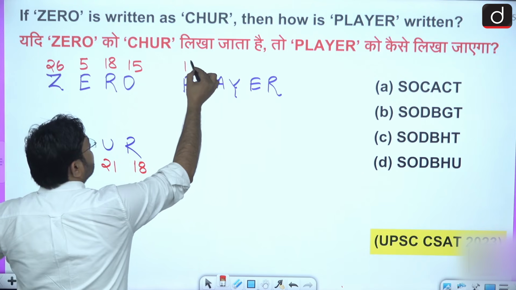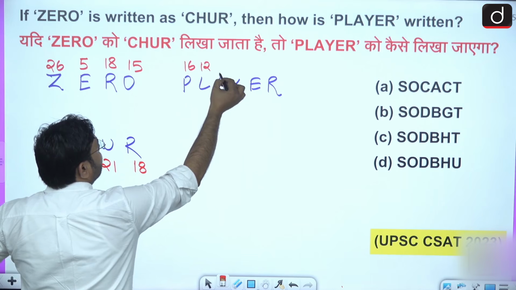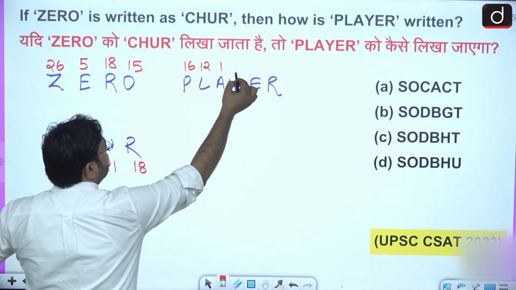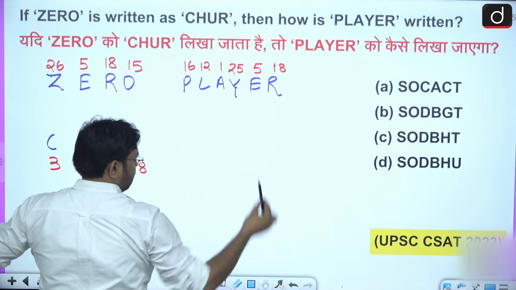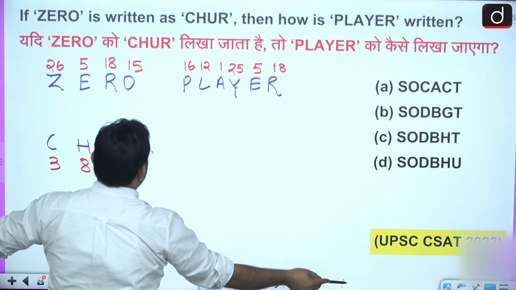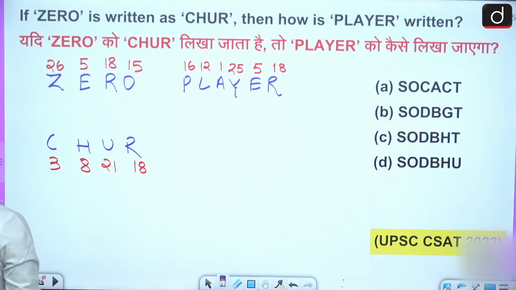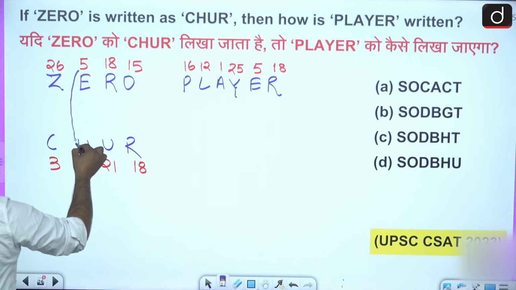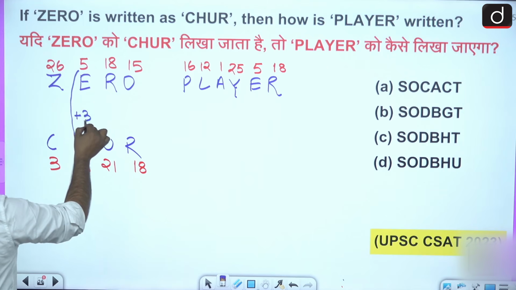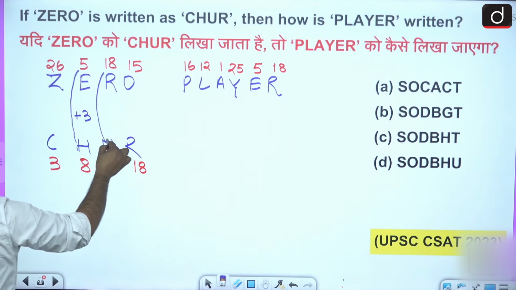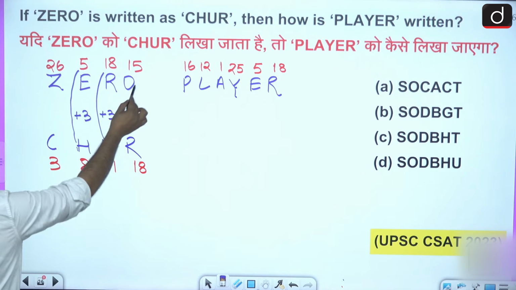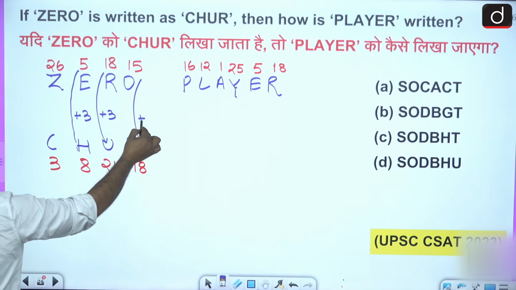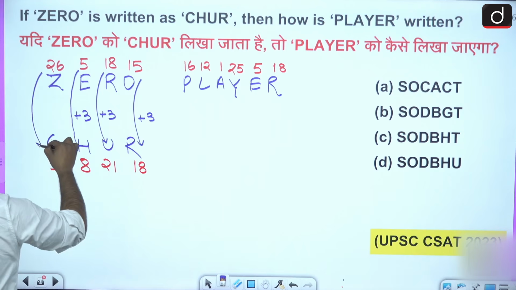P is 16, L is 12, A is 1, Y is 25, E is 5, R is 18. Now try to find the relation between these. 5 and 8, you can say plus 3. 18 plus 3 is 21, 15 plus 3 is 18, so 26 plus 3 is,